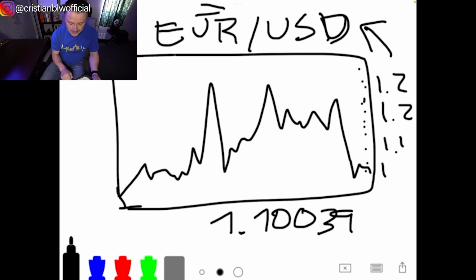So the price of the euro is jumping or dropping against the US dollar. How many dollars are there per euro? Right here it is 1. Then it is 1.1. If it jumps more, right here it is 1.3. You know what I mean? So that is the trading market.